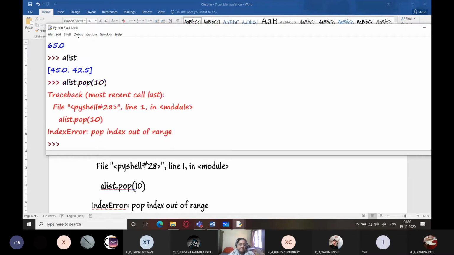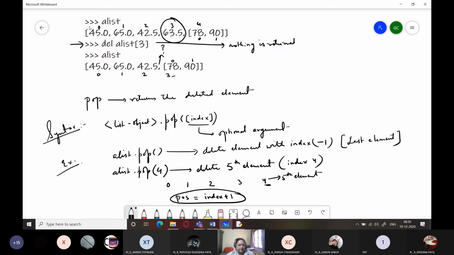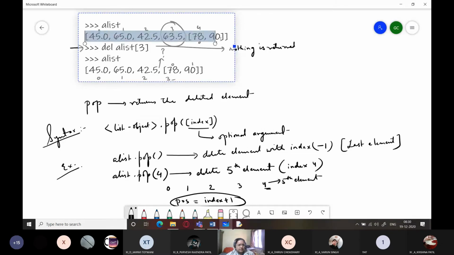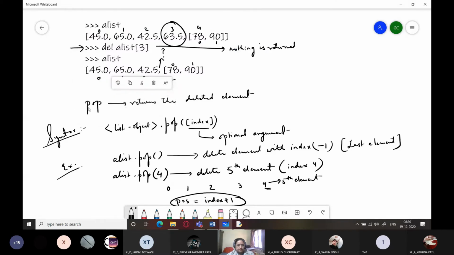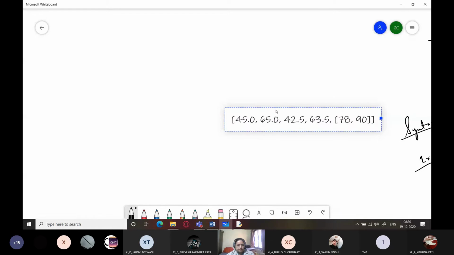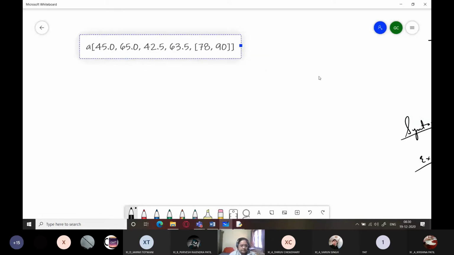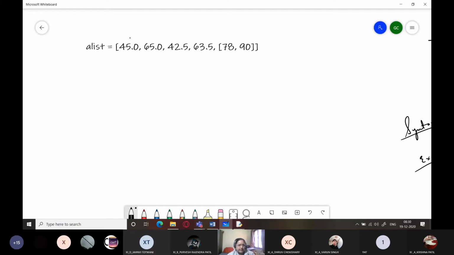And if you give a negative index, and that negative index is within this range, that is fine. For example, let's check out this A list, the previous A list over here. I'll be just copying this at a suitable location. This is A list, right? So now what I'm going to do is simply write the indices. If I write A list dot pop